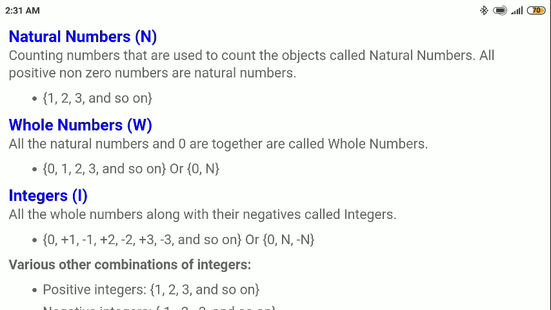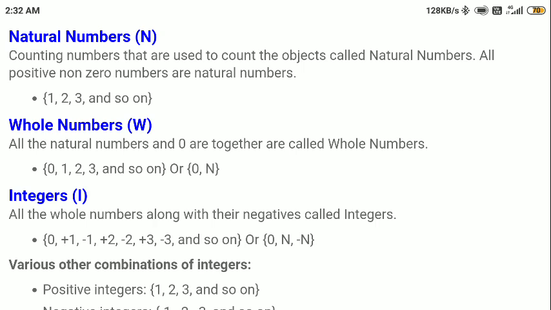If it is 0, that means we don't have anything. If it is 1, we have one quantity of a particular object. So if we add 0, that shows that we do not have any value, or the neutral value. That is why it is making the whole number set. So that is why we are saying it as whole numbers, completing the set of all positive integer numbers. Next, we are going to talk about a special type of group which is called integers. In integers, whatever whole numbers we have taken, we are going to take negatives of those numbers as well.